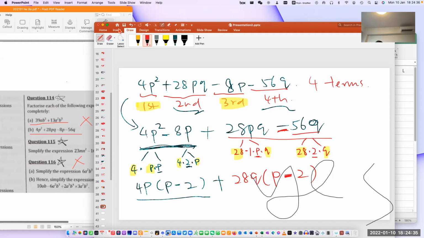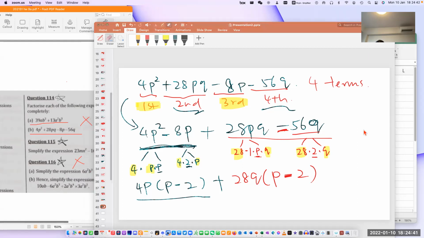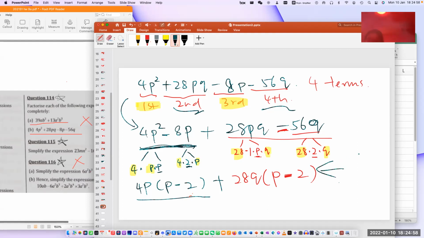So can you see you can actually continue further? Do you know how to continue further? You reach this step already now. How do you continue further? Any idea? Now you reach this step, after the grouping and then